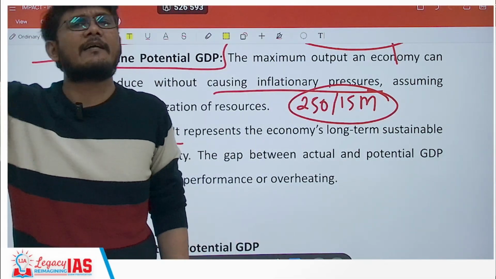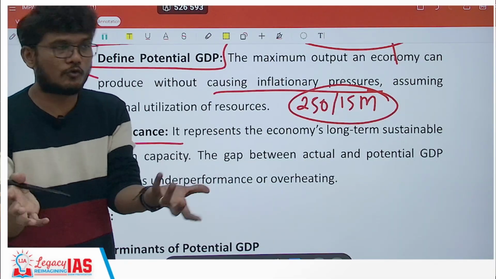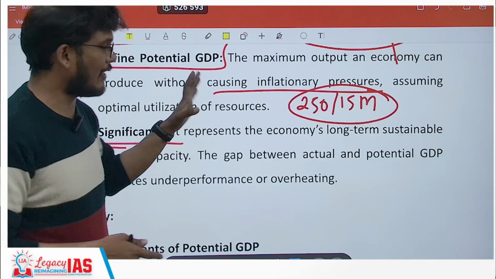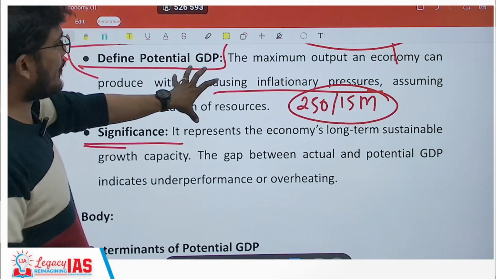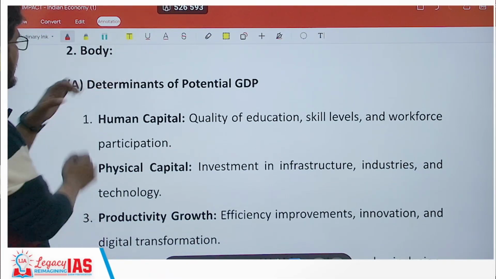There is no further increase in the inflation, no inflationary tendency. Of course, that's the content part, which should be already sorted, is what I assume, and we are focusing on answer improvement. So that part you mention, right? And then you of course talk about the determinants.